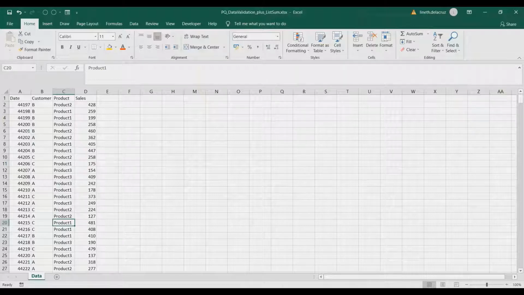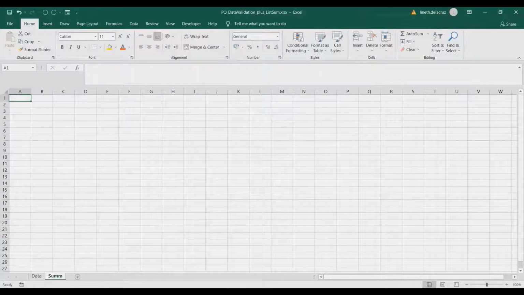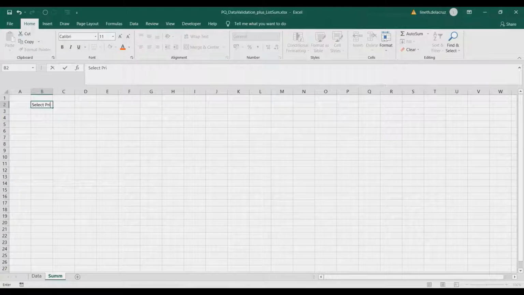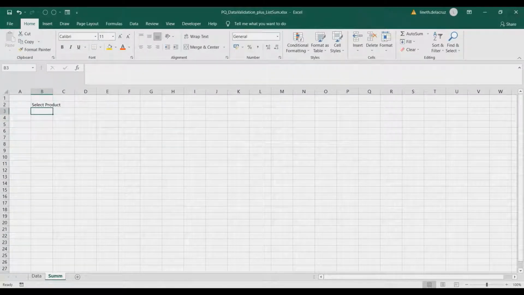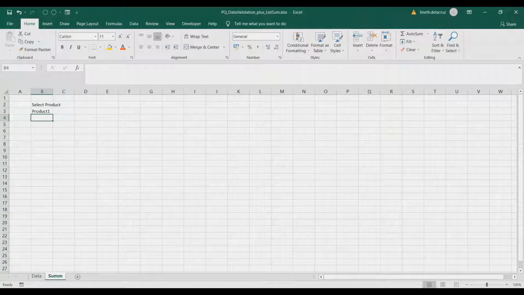So let's start with this sheet here, and then make another sheet and name it Sum. Then I will make a "select product" cell here for the data validation. I'm going to put Product 1, just a sample for this table. So I'm going to type in Product 1. Okay, so there is Product 1 there, and then I'm going to select it and